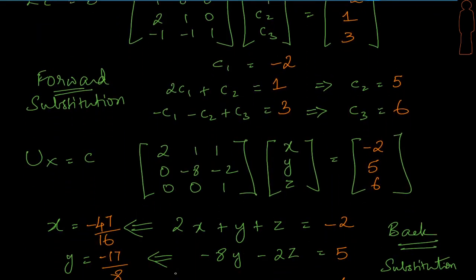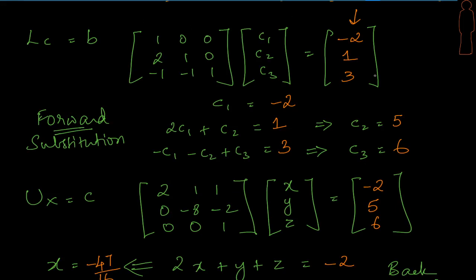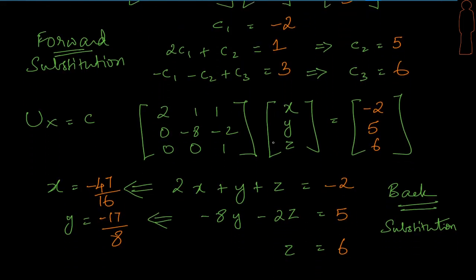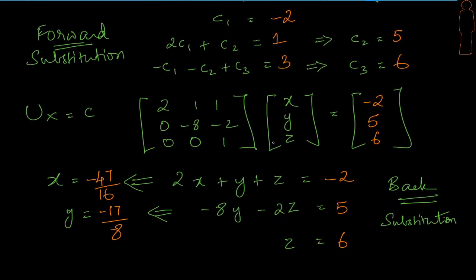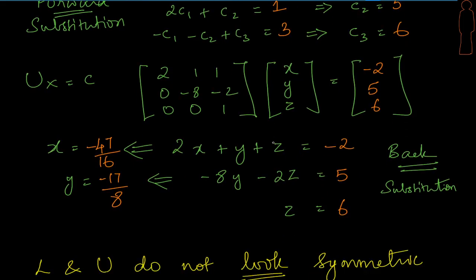And here is one example. I have picked another right hand side: minus 2, 1 and 3. I have done this computation here. You can please verify with forward substitution and then back substitution, and we have the solution. What's the order of this computation? The order is only n squared, right? Yes, it's not magic, but it's a smart way of computing. And that is the biggest advantage of LU factorization.